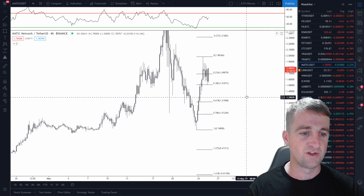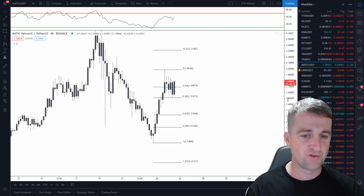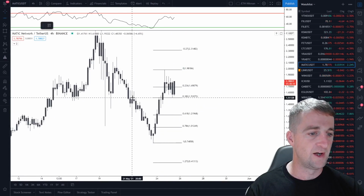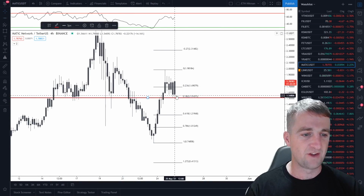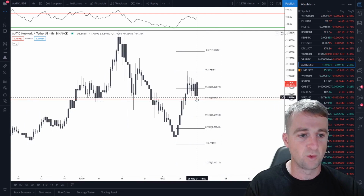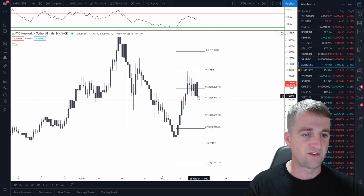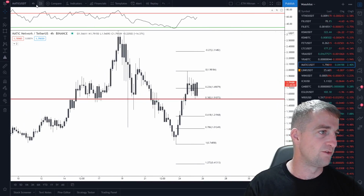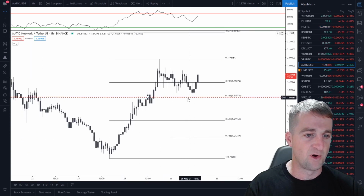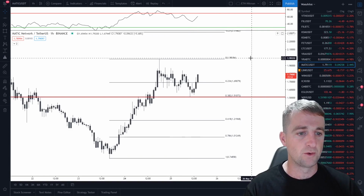As you can see, we have done that retracement. We have actually dropped now to that 0.382 level. It was marked out there, and it looked like we've used that as a nice level of support. $1.51, I highlighted that region again yesterday, was a good area to buy. And as you can see, this latest 4-hour candle looks very good. I bet it looks ace on the hour. Yeah, it's used that area of support very well,